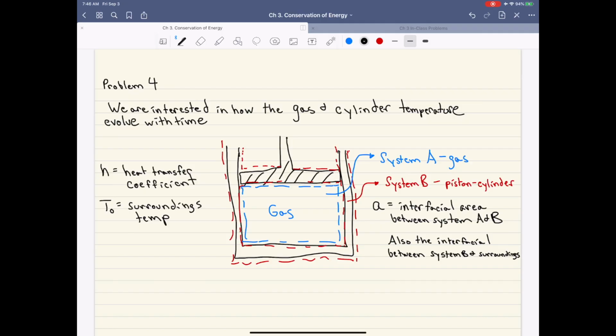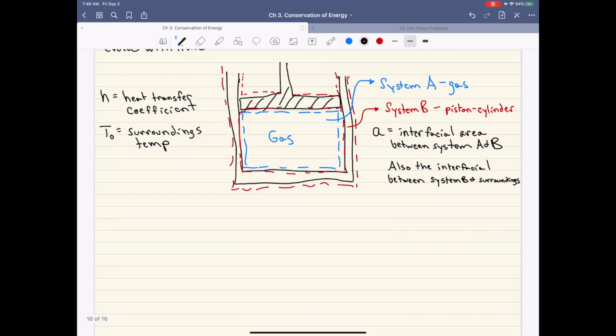All right? In any case, we have a gas inside the piston cylinder setup, and the gas is initially much hotter than the cylinder is. And so heat is going to transfer from the gas to the cylinder, but then heat will also transfer from the cylinder to the surroundings as well. And so the heat is described by Newton's law of cooling, where H is going to be that heat transfer coefficient, and then T is the surrounding temperature here. And so to at least write all this down,